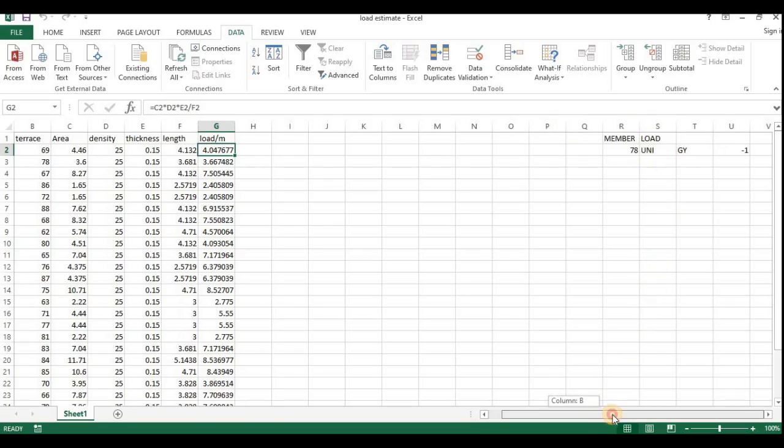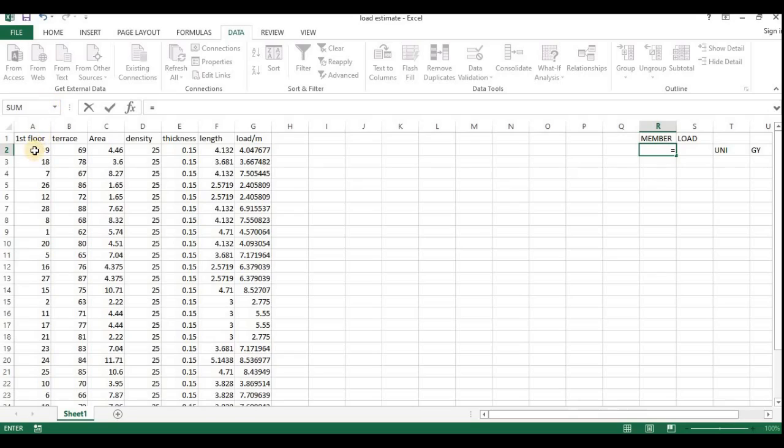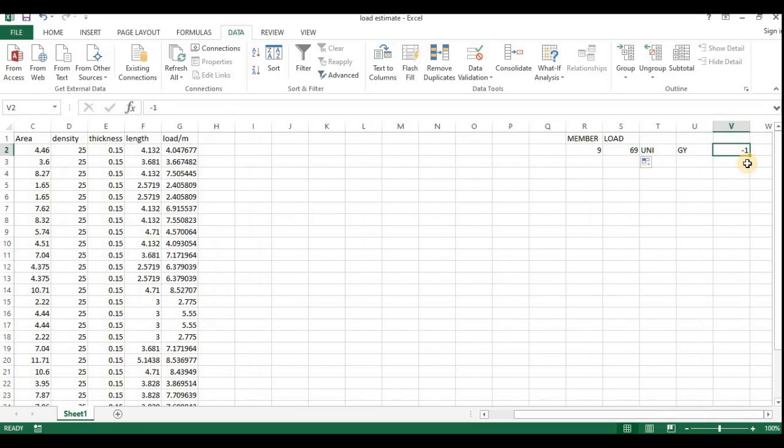Now I shall show how to input this value into StaadPro. I have two beams, that is, in the ground floor one beam, and in the top floor I have another beam. So I shall move this value to the next column, okay. I shall paste it here. So this one is equal to this first floor beam, okay. Next one is for the next floor beam. I have just dragged it, so it is 69. And then here the value will be minus, so equal to minus this load value, okay.